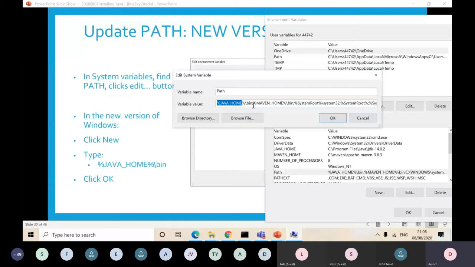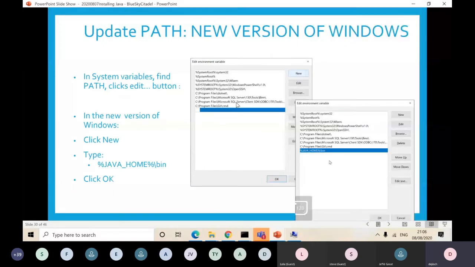So where you have edits, you can actually edit by putting your stuff here, basically, depending on each screen that you